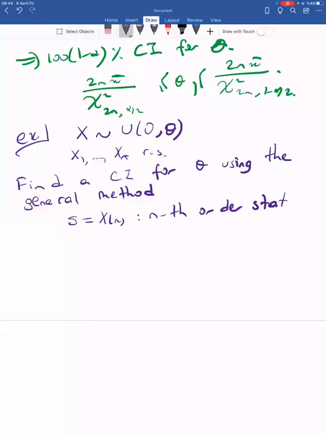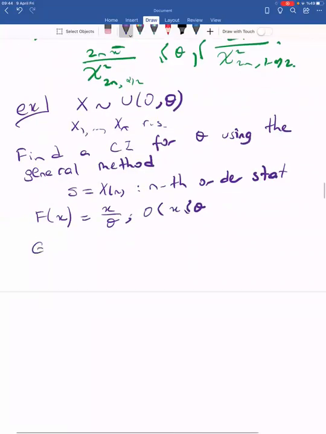We can immediately use the CDF. The CDF of x here will be x over theta, and then the CDF of S, which is the CDF of x, is basically the nth power